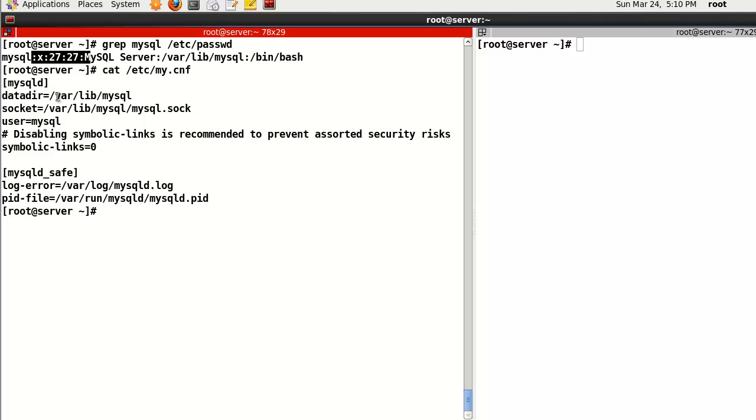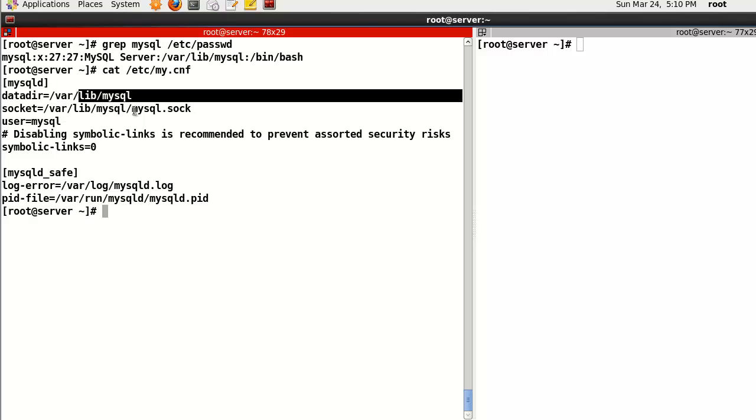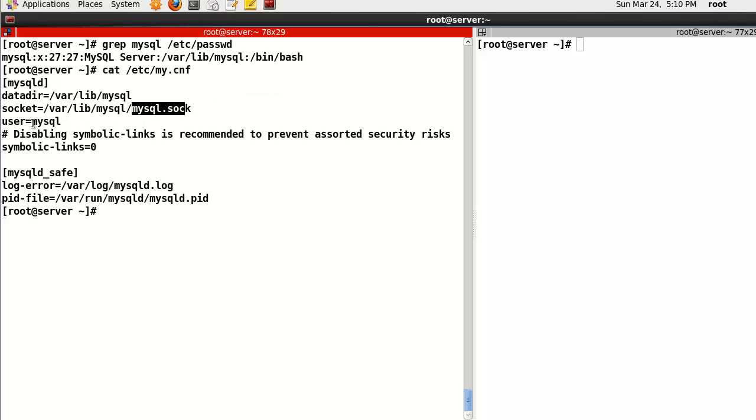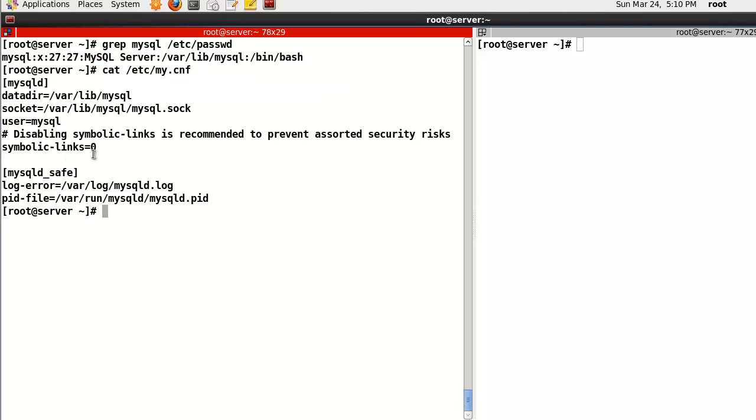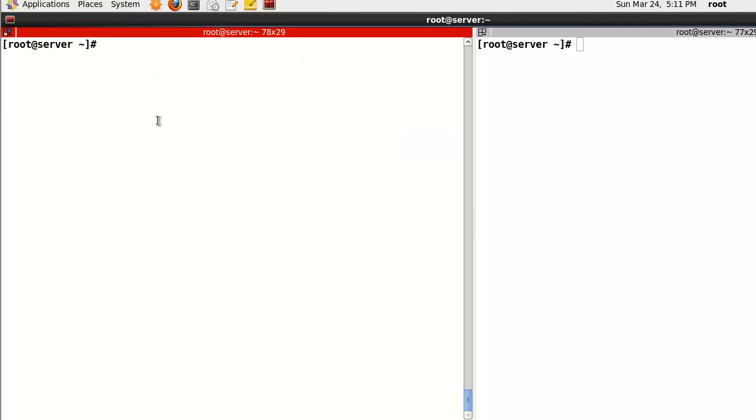For example, the data directory is by default /var/lib/mysql, and the socket will be this one, and the username is mysql here, and symbolic links are not permitted, and the log file and the process information. So if we want to change some information, we can use this file. And after that,